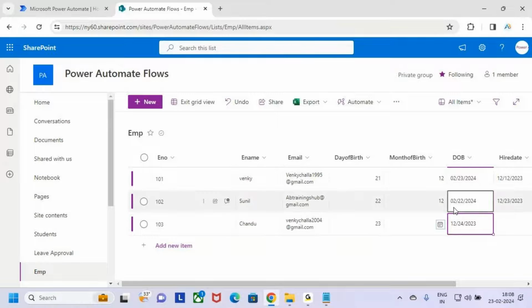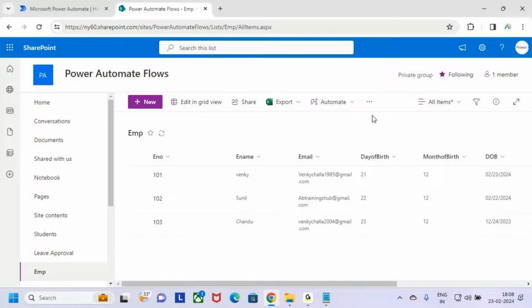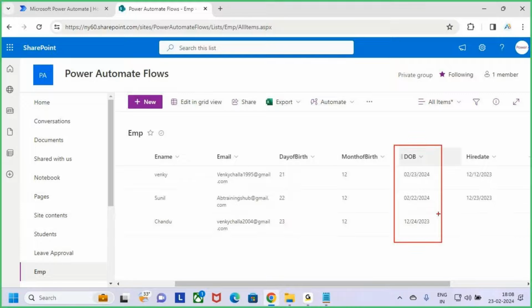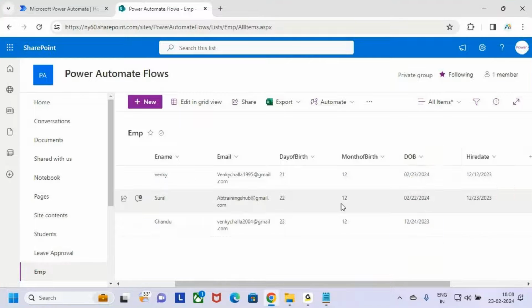I'm entering the date of birth. So just exit from the grid view. Now see, I'm having the date of birth of the employees. Now whose birthday is today? Today is Venki's birthday. Yesterday whose birthday it is? 22nd Feb, Sunil. And tomorrow whose birthday it is? 24th of Feb, Chindu. So like this, let's say I'm having one column here, date of birth